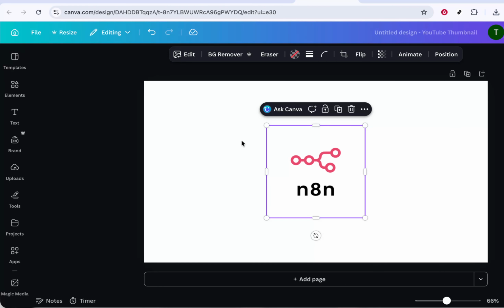If you want to adjust how the photo sits inside the frame, double-click on the framed image. You'll be able to reposition or zoom the photo within the frame until it looks just right. When you're happy with it, click outside the frame to set it, and that's how you add and edit frames in Canva, creating polished and professional-looking designs with just a